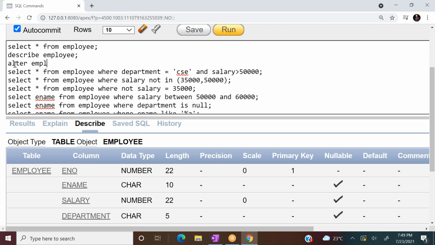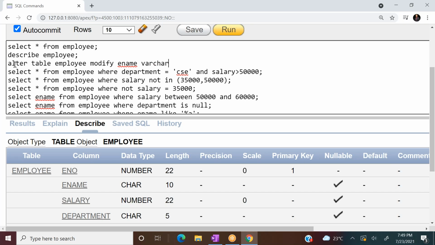Alter table employee. Yesterday we discussed alter table employee. What we want to do is modify which column? The ename column. Previously we had char of 10.